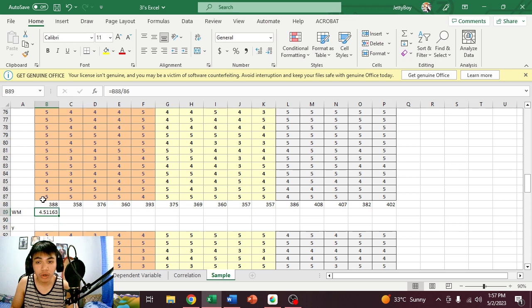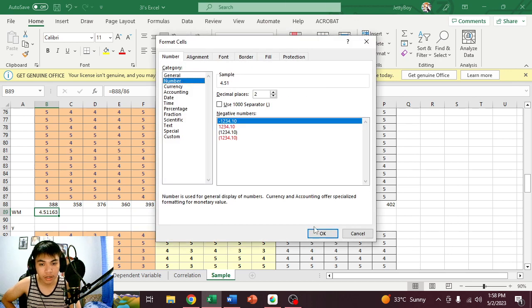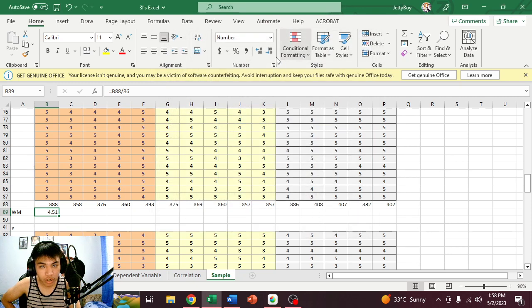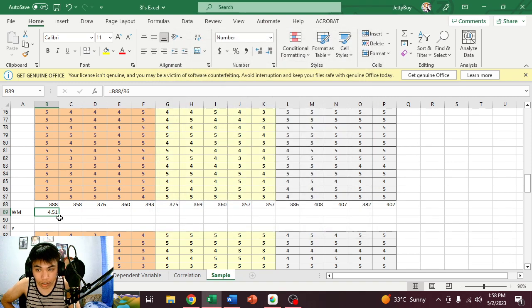Now we want to round this off into, I think, 2 significant figures would suffice, rather. Now we just go to number here, then press this, and we want to look into category and that number. Then we can see the decimal places if we want to. So yeah, we can see that what we want is 2. Okay. Now we just need to drag it all over again